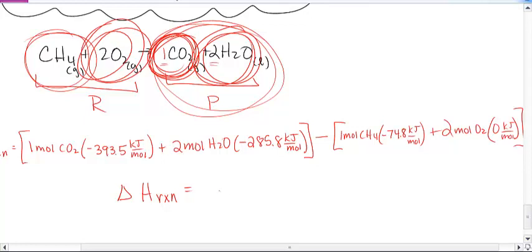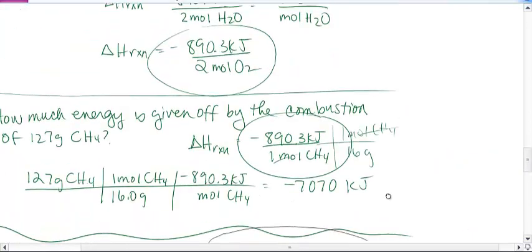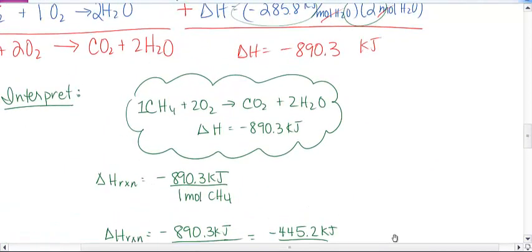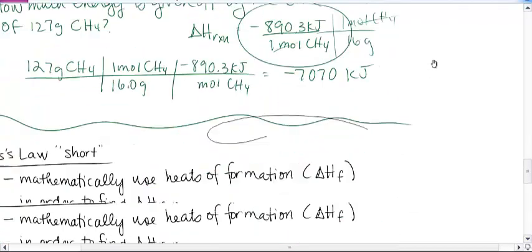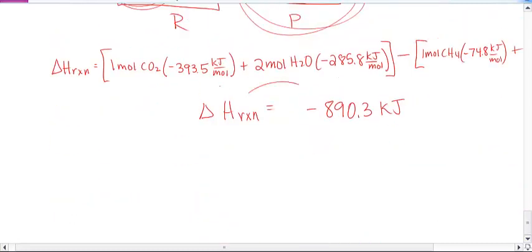Anyone get one yet? An answer? Negative 890.3. Does that sound familiar? That's the right answer. Did you get it? Hey, but look, if I scroll back to this other one, remember back here? We did it the long way, given some steps and some energies, and we found this. Or, if we use the heats of formation, oh look, we find the same number, which then, because that number